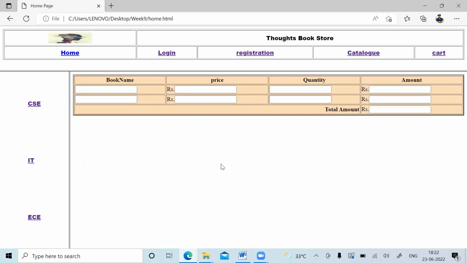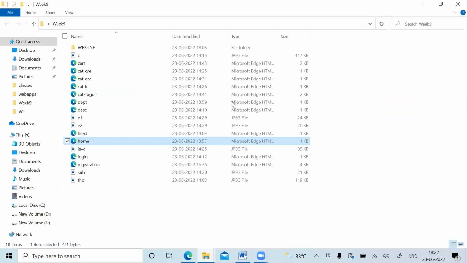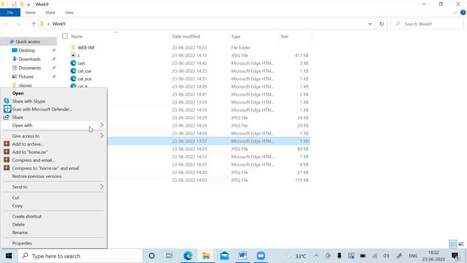So let me show you each and every page quickly, so that in case you want to develop it, you will be having the code. So let me open this week 9 and show you the forms quickly. Okay, so the code of the form quickly. So I'm opening this